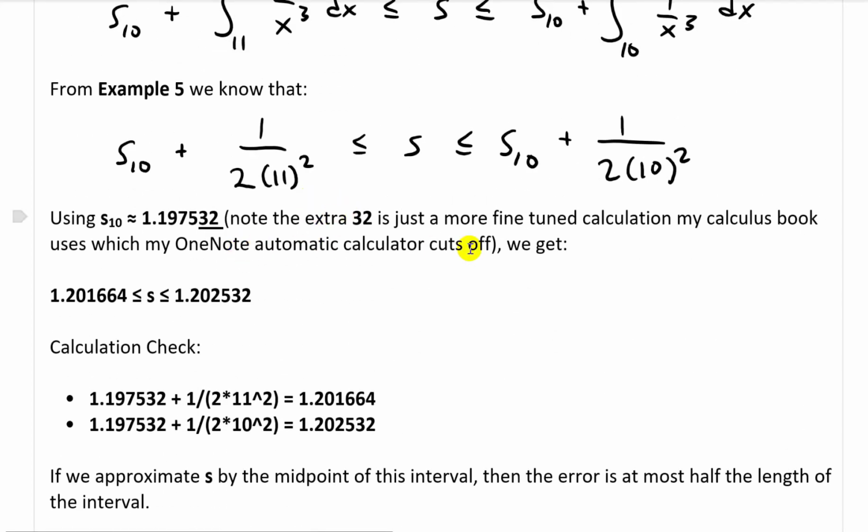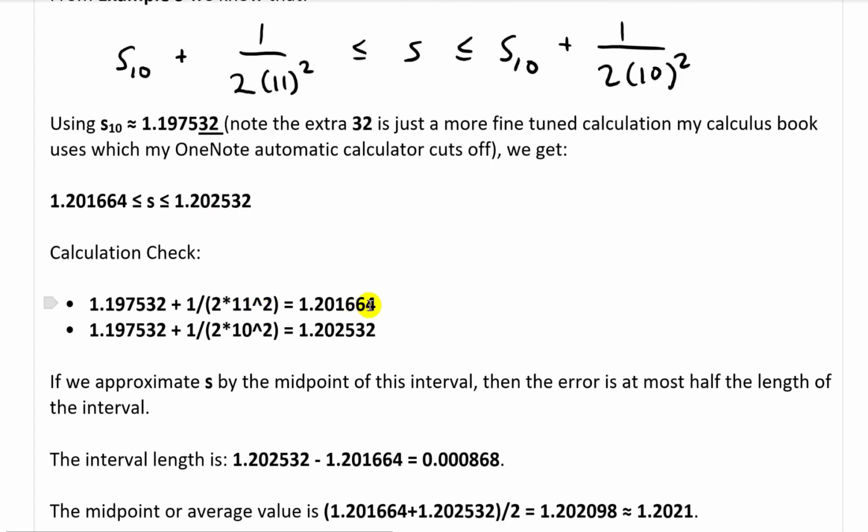So going further, using S10, we put it in here plus this term, which is in between over here. Then plug it in here as well, S10 plus this term right here, 1 over 2 times 10 squared, which is 1 over 200 as before. We get this right here. So we get the sum is between 1.201664 and